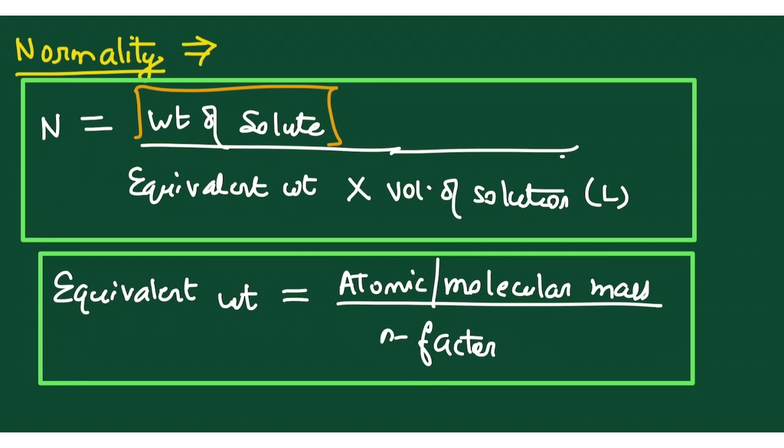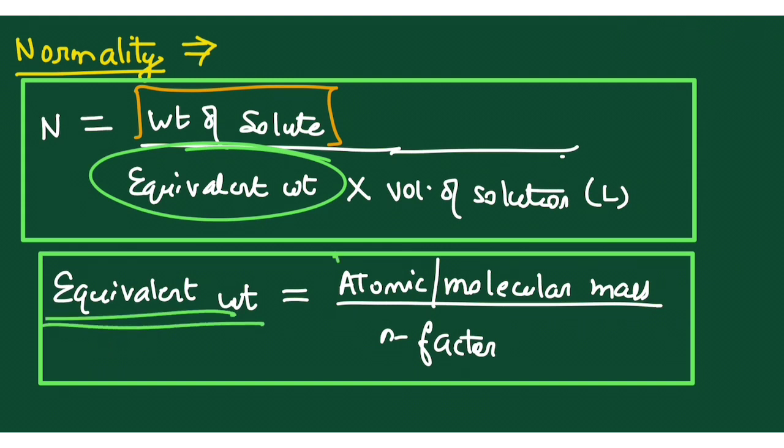Now, most of you must be scared by now about what equivalent weight is. Equivalent weight is equal to atomic or molecular mass divided by n factor. N factor is basically equal to acidity for a base, basicity for an acid. For a salt it is the total number of charge either on the cation or on the anion, and for redox you can calculate accordingly, which will not be useful for this solution chapter actually. That's why I'm not telling.